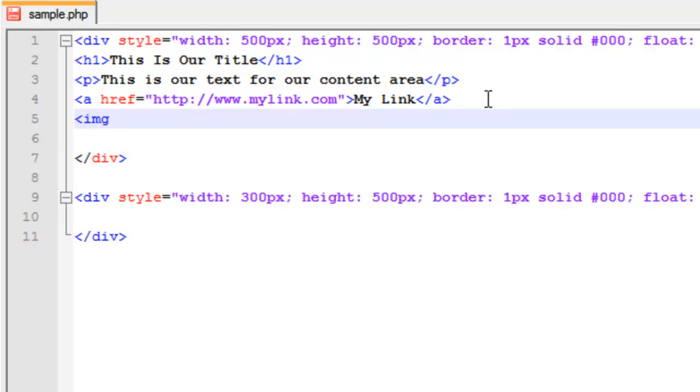So an image tag is what uses what's called a self-closing tag. Again, we open it pretty much similar to all these other ones. We have image, then we're going to put a source, and this is going to be the URL that our picture is actually stored at. And so we'll just say mypicture.com/picture.jpg. We don't actually have a picture there, obviously, so it's not going to show up, but just to show